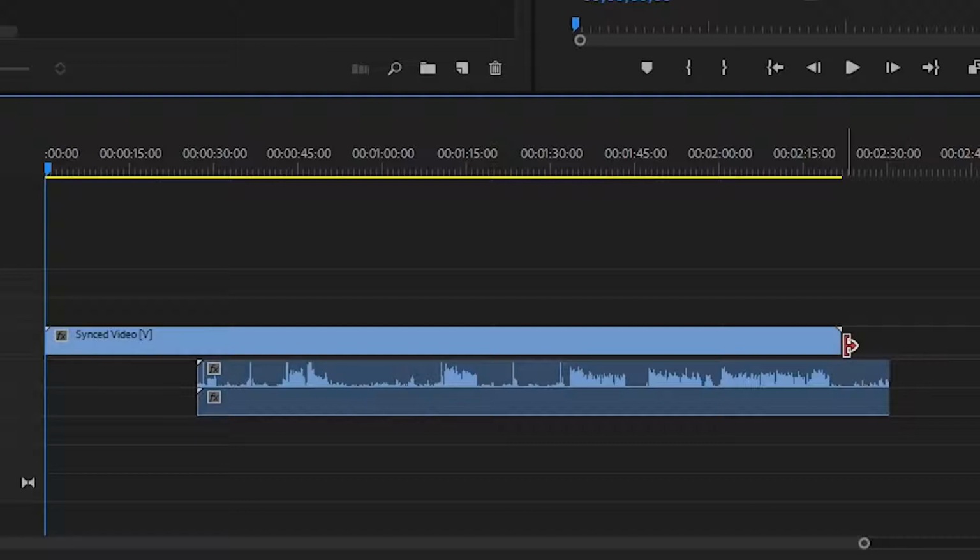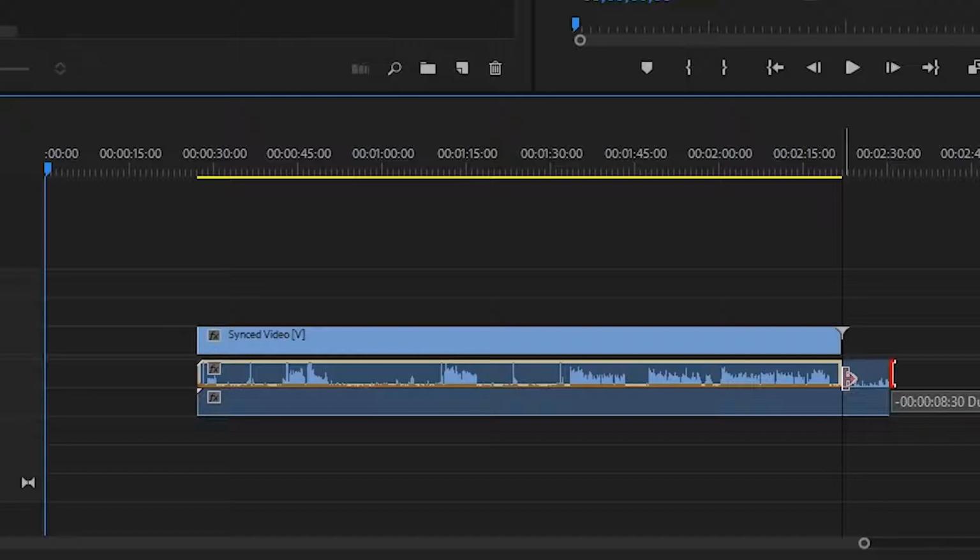So what I will do is trim this a little bit. We can click on the side here, make sure that nothing is selected, and hold Alt on the keyboard. That's going to allow us to shorten something individually. So I'm going over the video, and I'm going to trim it until the beginning of the audio. Still holding Alt, I'm also going to trim the audio